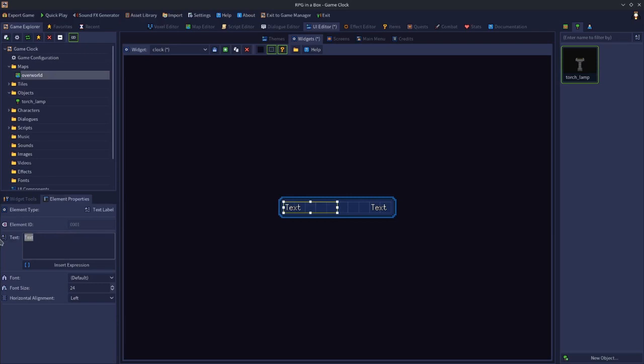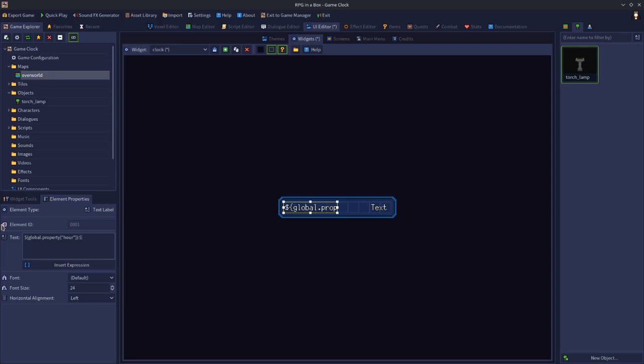And we're going to write into here something very specific. We're going to write $, open and close squiggly curly brackets. And inside the curly brackets, we're going to type global.property, open and close square brackets, and in speech marks inside the square brackets, hour. And then after the curly brackets, so at the very end of everything, you're going to put a semicolon, and